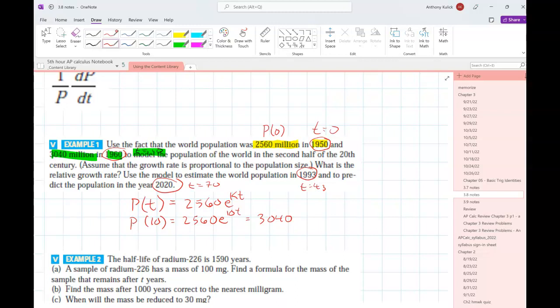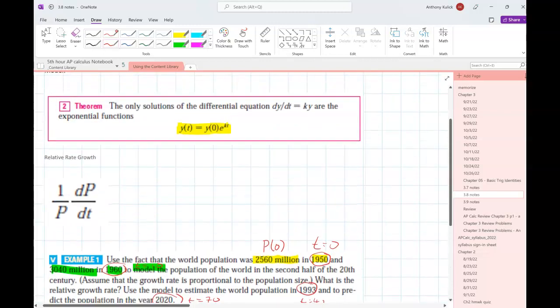I have a question. Oops. This was not supposed to be, that was supposed to be 10K. My apologies. Yes. So in the original equation, it's y of t is equal to y of 0. So y of 0, in our case, is P of 0,